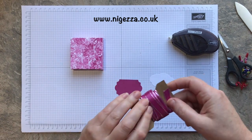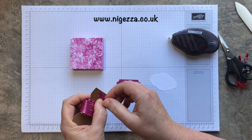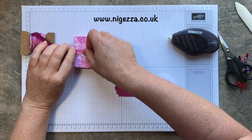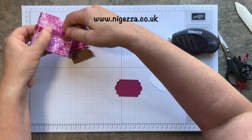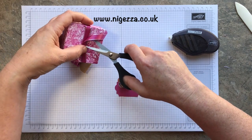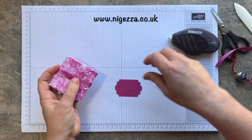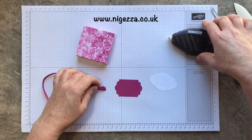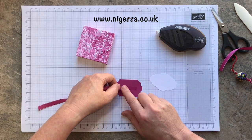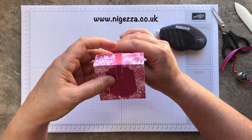But before I do that, I've got a bit of ribbon. I stuck that with a glue dot. So putting this ribbon around the middle, and I'm going to sandwich this between those two labels. So cut it off like so. Put that label on there, fold it around,